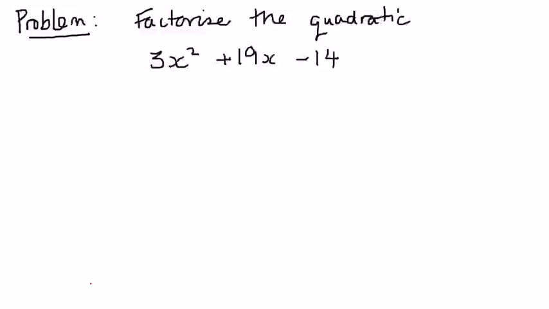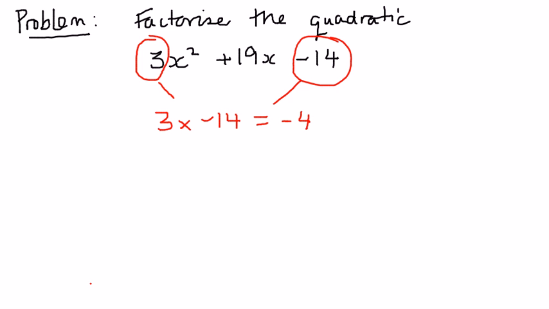When considering the factorisation of a quadratic such as this one, the trick is initially to consider the product made by the 3 and the negative 14 at the two ends of the quadratic. These two multiply together, 3 times negative 14, to make negative 42. So we need to find a different pair of numbers that also have a product of negative 42,